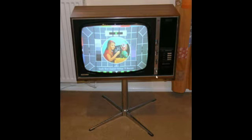So here is the main on and off knob. So you pull it out to turn it on, push it in to turn it off, and if you twist it left and right, you adjust the volume control. Now we come to this part. This is where you turn the channel over. As you can see, it only has 4 channels, just 4 channels,